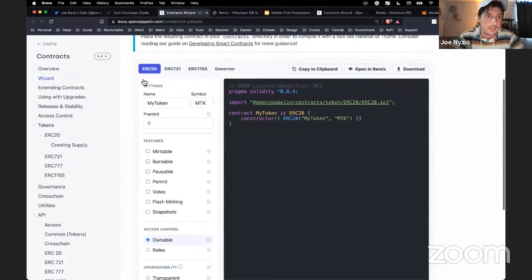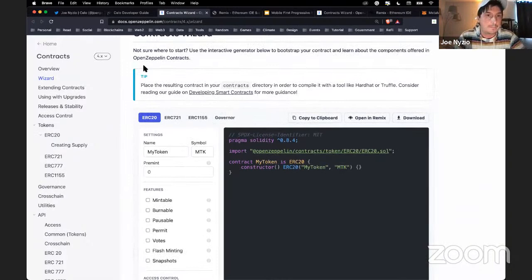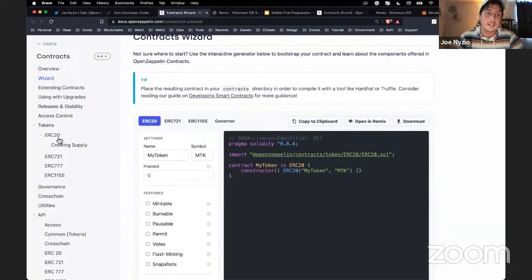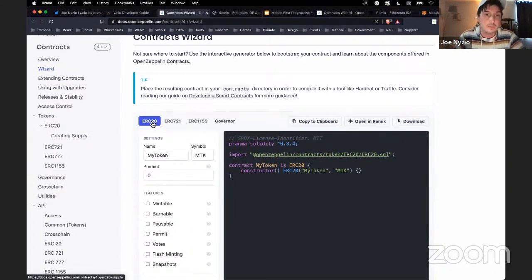And what this gives you is a way to just sort of click on different functions that you want a smart contract to have, and it'll create them for you. What opens up is a set of libraries you can use to go ahead and create smart contracts. They tell you everything you need about what all of this means, whether it's ERC20, 721, 1155, or anything else. You can find this in their documentation.